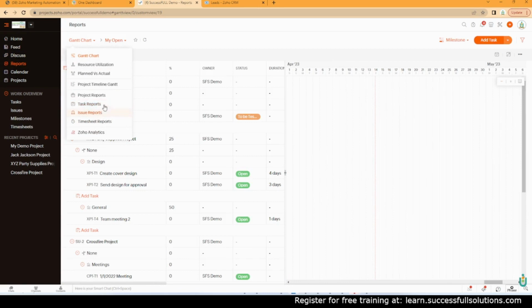There's a report section as well, where you can go through and check out the different types of reports that are readily available. Of course, if you're using Zoho One and you need custom reports, you can use Zoho Analytics. You would simply set up your data source in Zoho Analytics to push the data from projects to Zoho Analytics. You've got your calendar where you can create events,